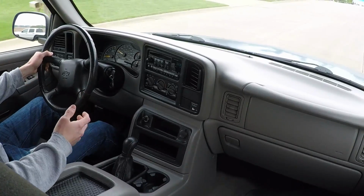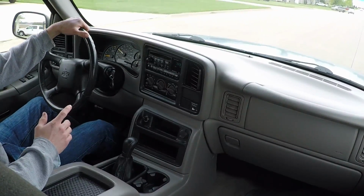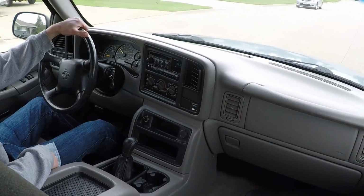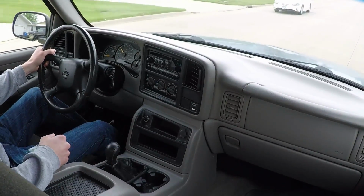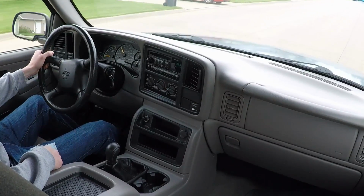Like I said, I may have just gotten lucky with the trucks that I've owned, because I've had 3 trucks with the NV3500 now. None of them had any issues going to third gear, so I might have just got lucky. And it could be that like 75% of these transmissions don't shift good from 2 to 3, but